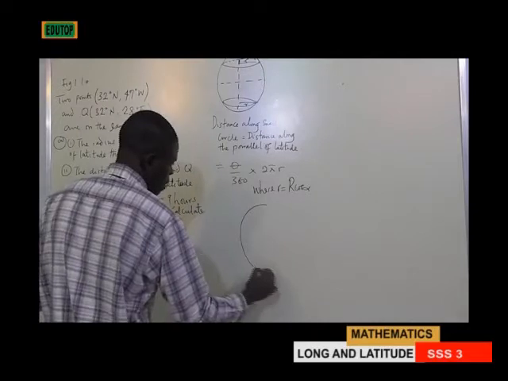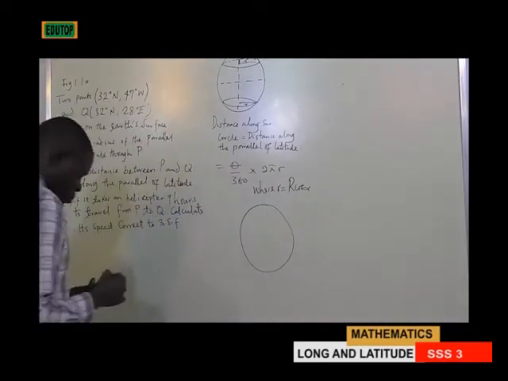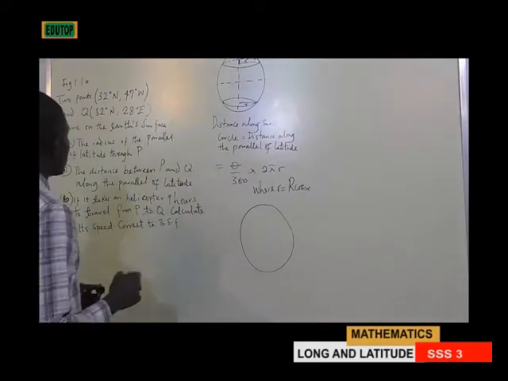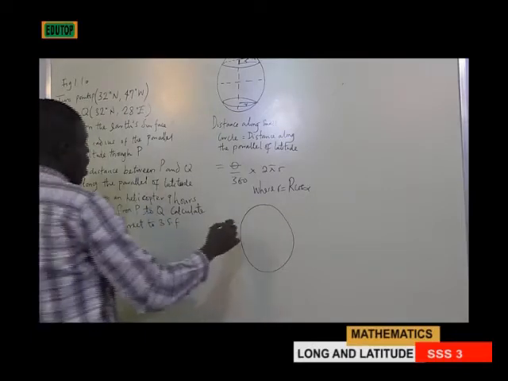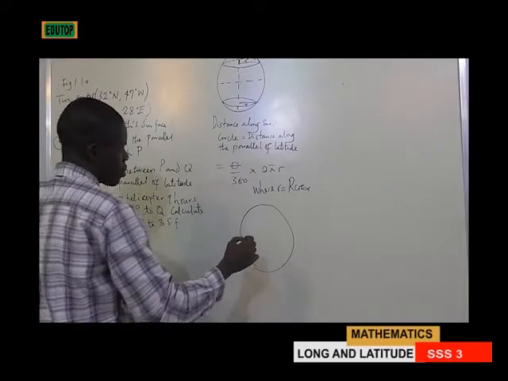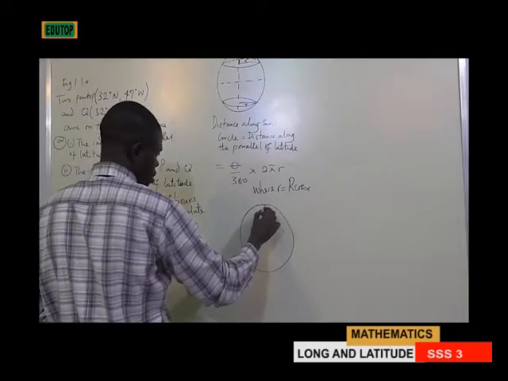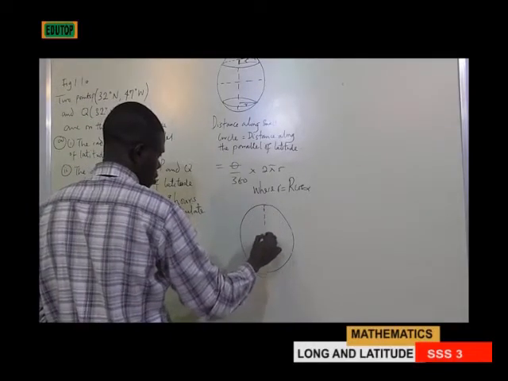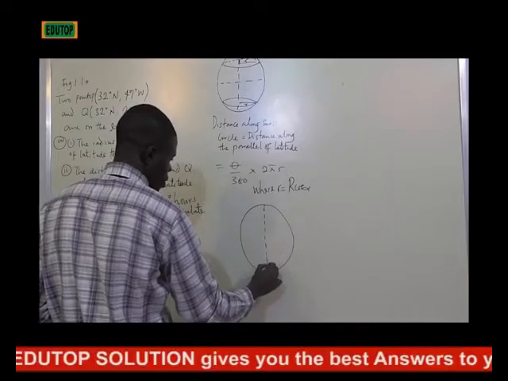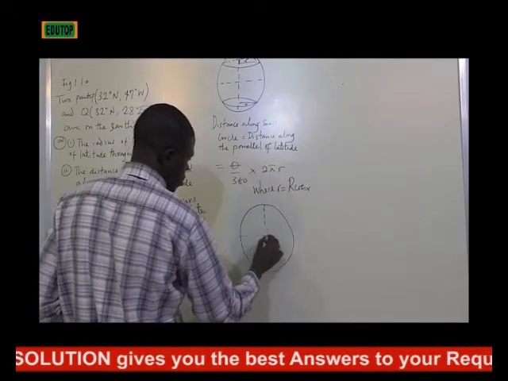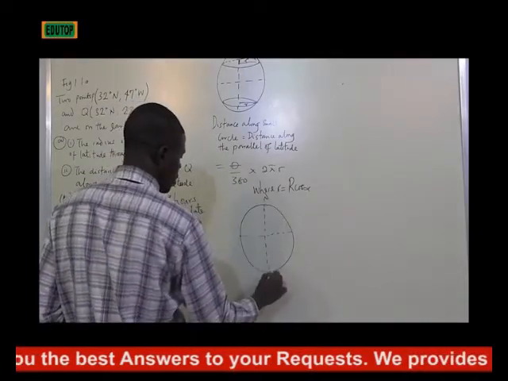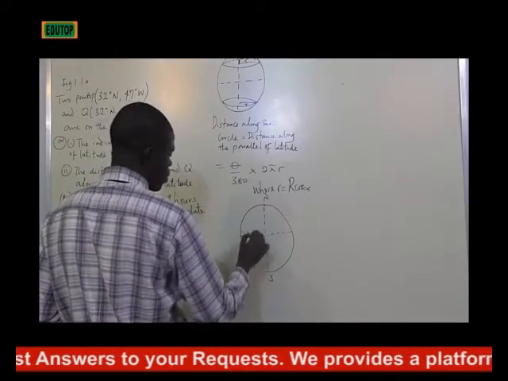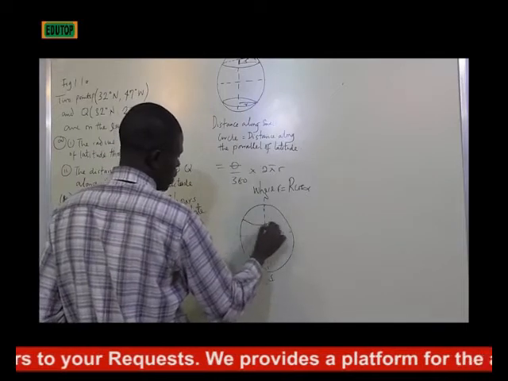So we draw the diagram. Two points, P and Q. So our P is 32 degree north. So let's draw our Greenwich meridian, which is known as the prime meridian. Let's draw it, and let's draw our equator. This is our equator, this is our north pole, this is our south pole. So automatically we have 32 degree north. So let's say somewhere here,